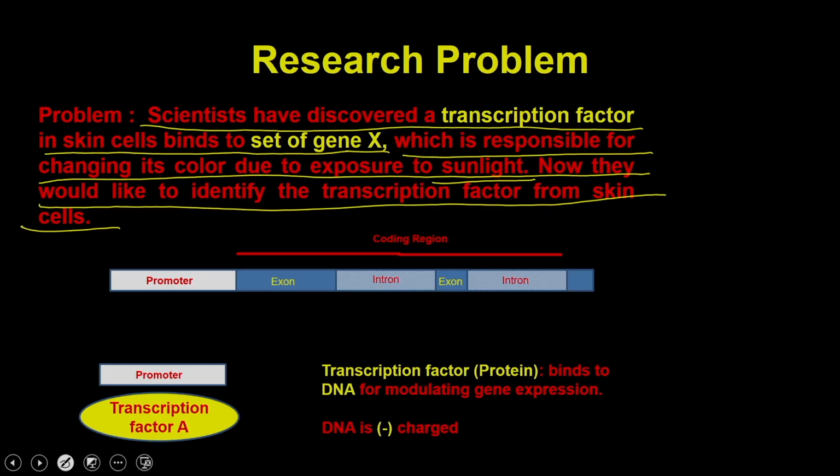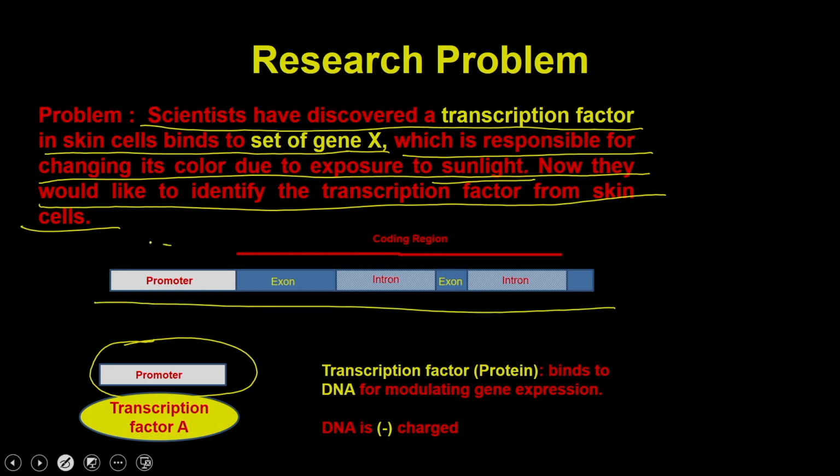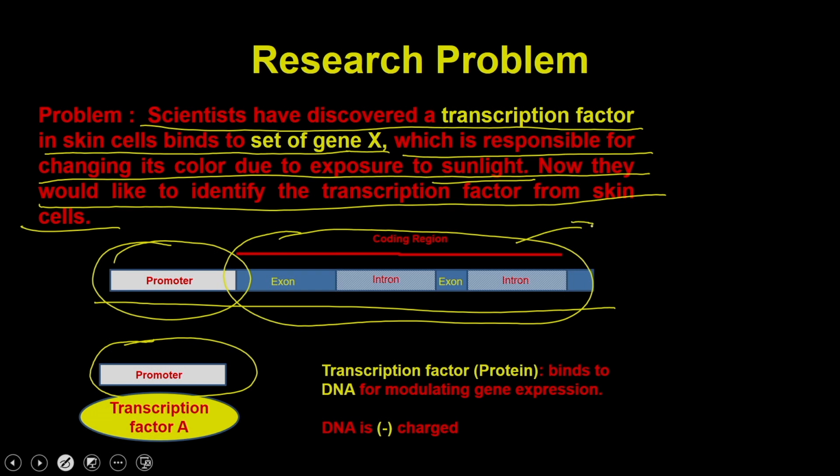And what we said is that you actually have a promoter region. If you talk about a gene, the gene has two regions. One is the regulatory region, which is called the promoter. The other one is the coding region, which codes for a particular type of protein, whether a functional protein or a structural protein, or sometimes the gene does not code for any protein at all. So this transcription factor is going to bind this regulatory region, and that's how it changes the activity of the production of this particular enzyme.